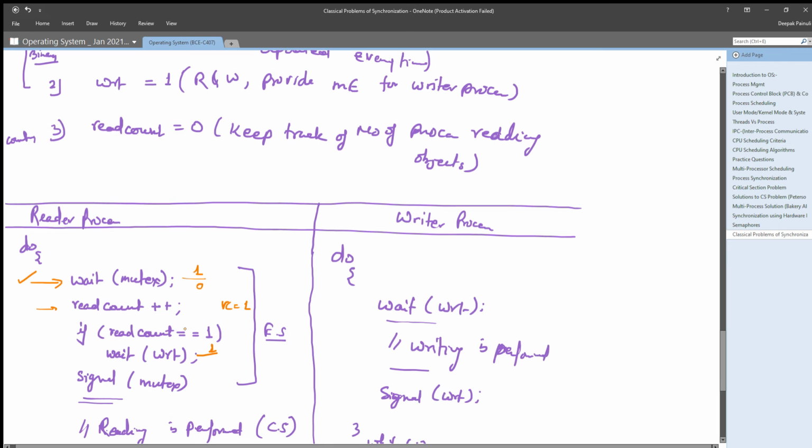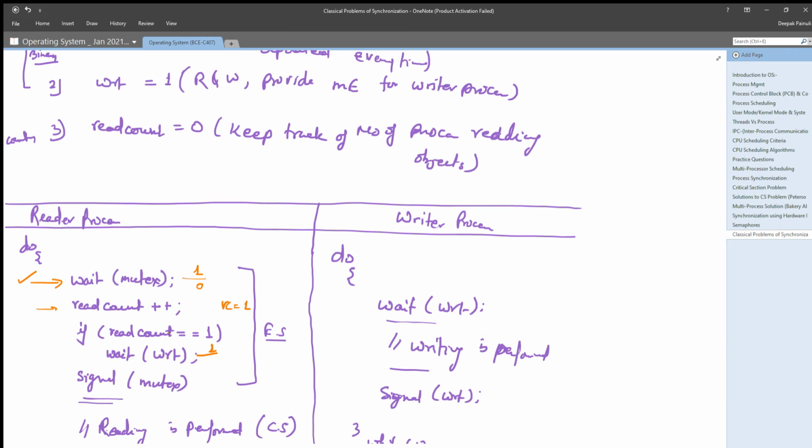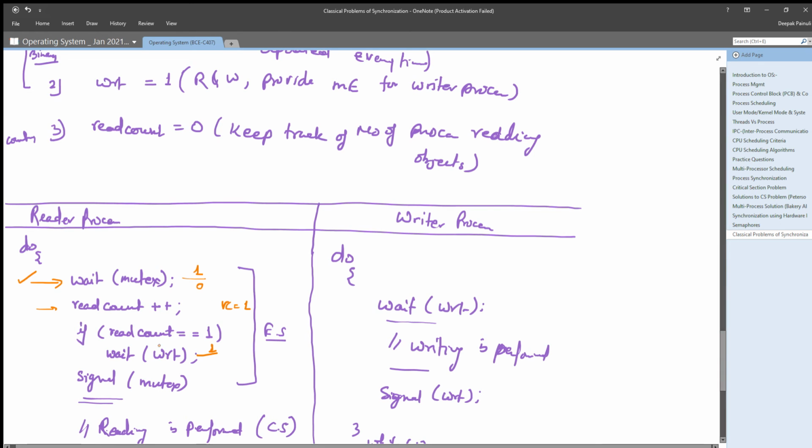By incrementing the read count, it has signified that this is the reader process. It has started reading the object. After that, it will check the read count. If the read count equals 1, that means it is the only reader, right? Then wait on WRT. Wait on WRT means it will decrement WRT.